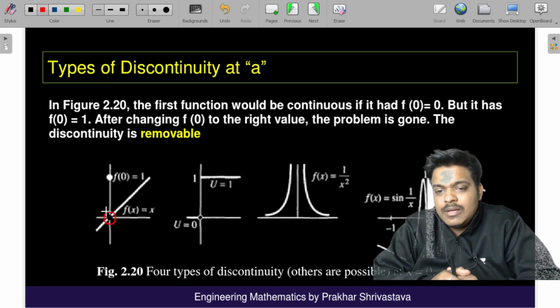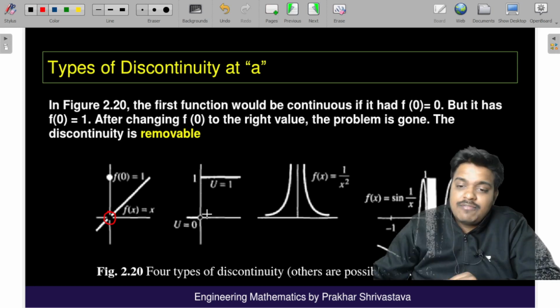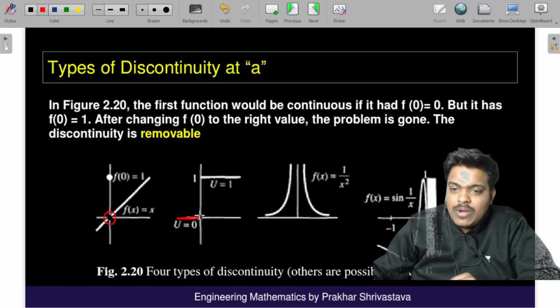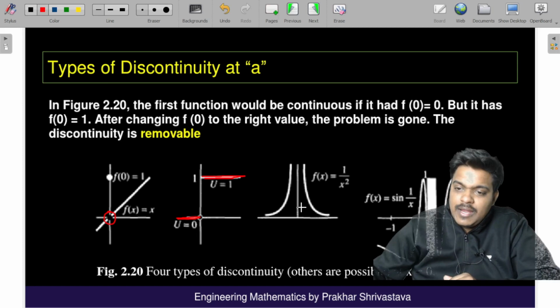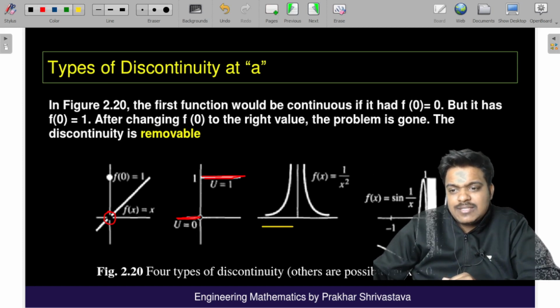Okay. So this is the first type of discontinuity. In the second graph, your function goes like this till 0, and as soon as the value of x goes beyond 0, the value of the function becomes 1. This is a type of electrical signal. Here you can see in the third case, as soon as the value of x is approaching 0, the value